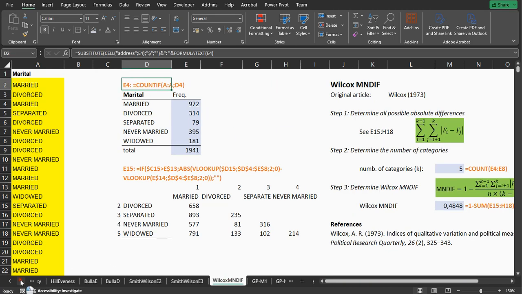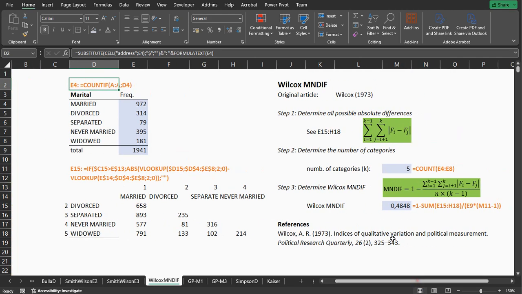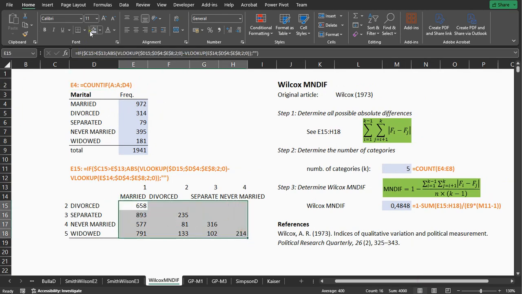So the sum times k. Then we get the Wilcox MNDIF. As you might notice, this takes a little bit more effort because this is also all some formulas,